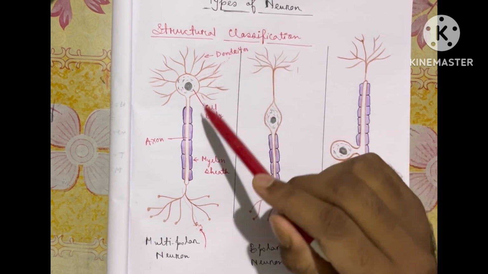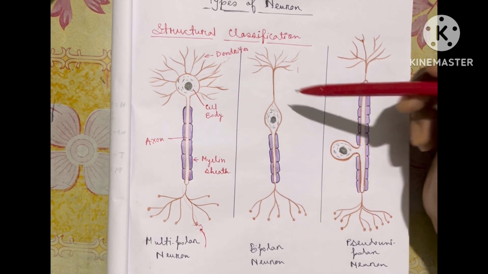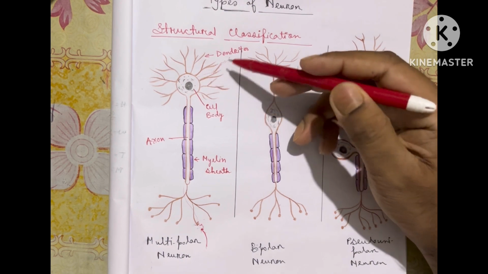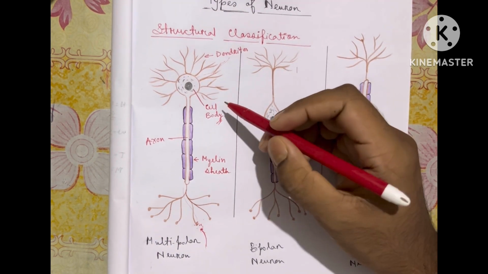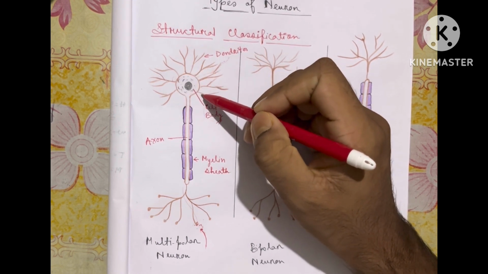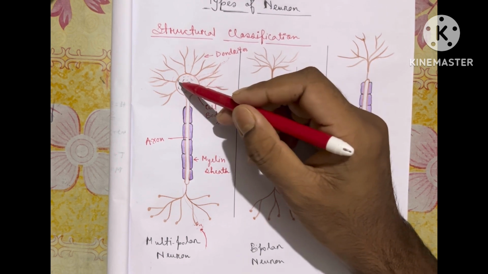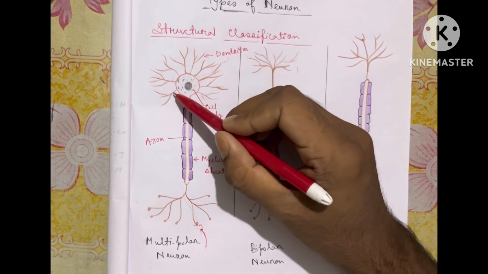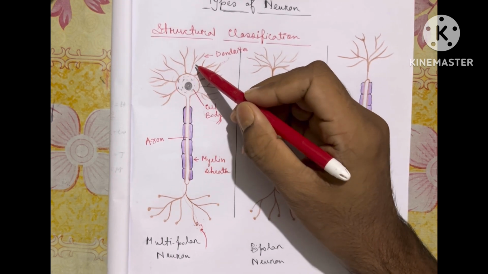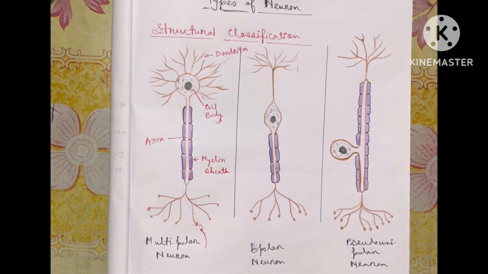So structural classification has three different types: multipolar, bipolar, and pseudounipolar. In multipolar, we have multiple extensions attached to the cyton. Cyton is nothing but the cell body, our neuronal cell body. So lots of dendrites, dendritic extensions, will be there, and they individually come in contact with the cell body. As you can see, this is one dendrite coming in contact with this, another, this is another, 4, 5, 6, 7, 8, 9. So lots of dendrites directly come in contact with